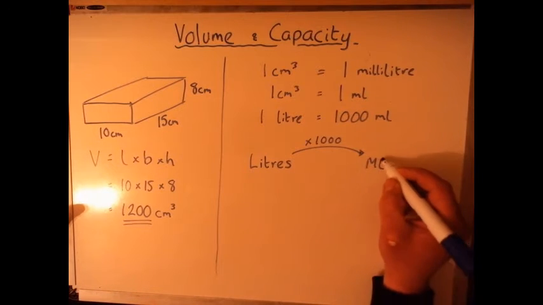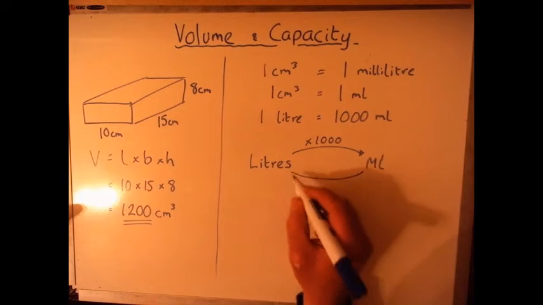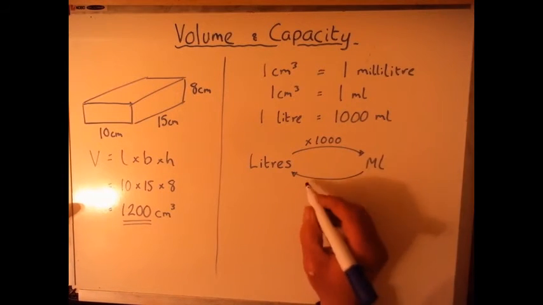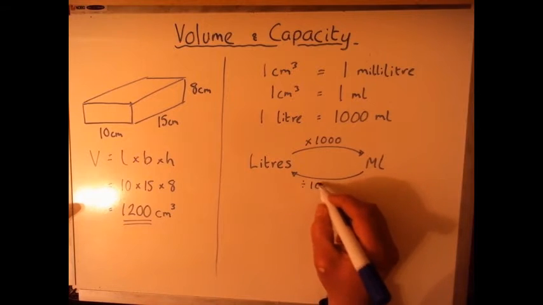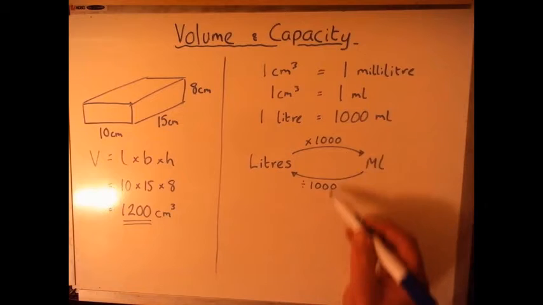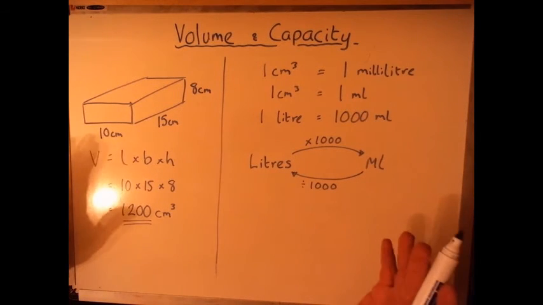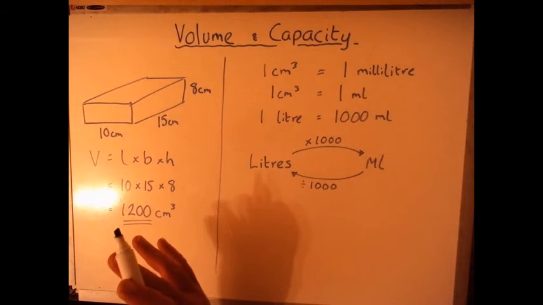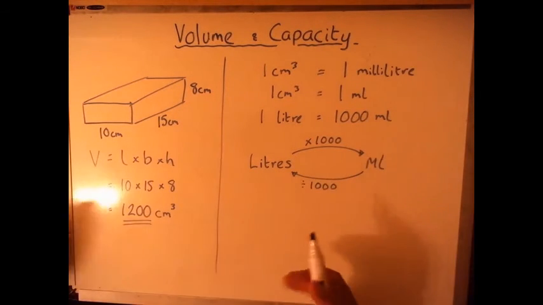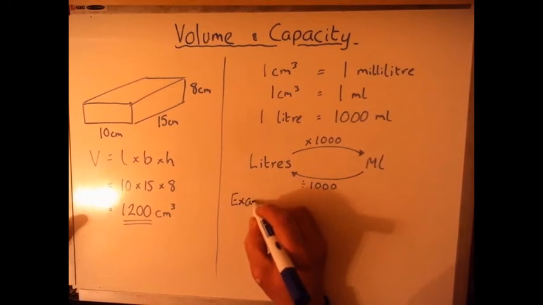If I want to go from millilitres to litres, working back the other way, well, how do I undo multiplying by 1000? I divide by 1000. And remember, we've looked at these techniques in class. How do we quickly multiply a number by 1000? We move the digits up 3 columns. How do I divide by 1000? We move digits down 3 columns. So if we look at a couple of quick examples,